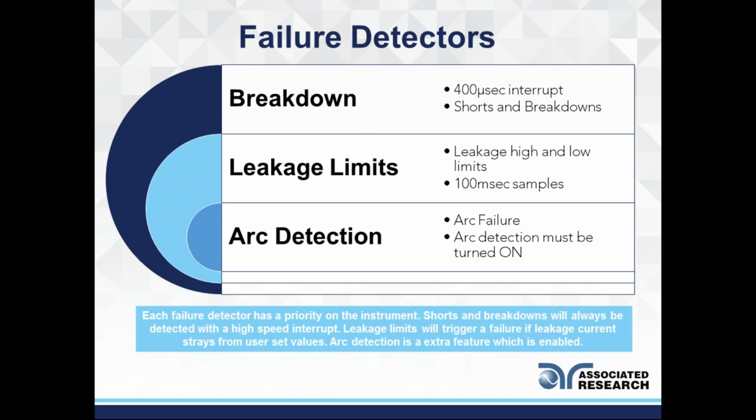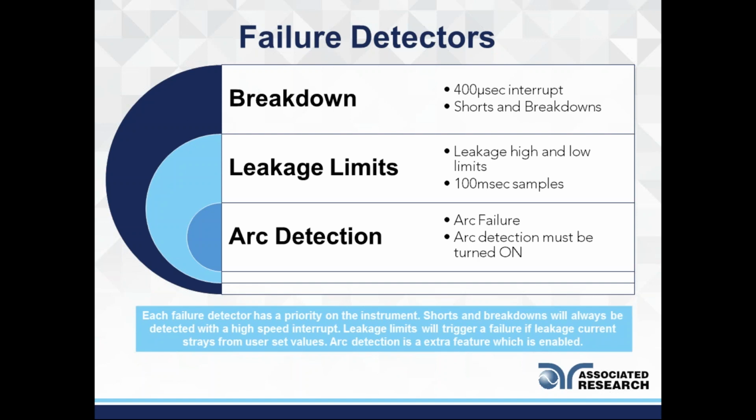Again, the other video that we looked at was a high limit failure. Like I said, most of the Hipot testers these days allow the users to program high and low current limit thresholds to catch failures, and these are slightly slower than the breakdown and shorting conditions, obviously due to the nature of the test, because the voltage is sometimes applied gradually, ramped up, and once it reaches the full peak, it may result in a failure later on. So the 100 millisecond samples are taken by our Associated Research Hipot testers and displayed on the screen every 100 milliseconds. The third thing here is an extra feature that some of our Hipot testers have incorporated,